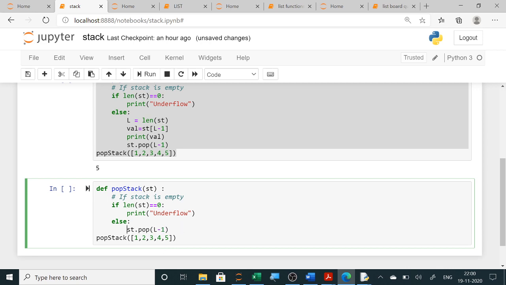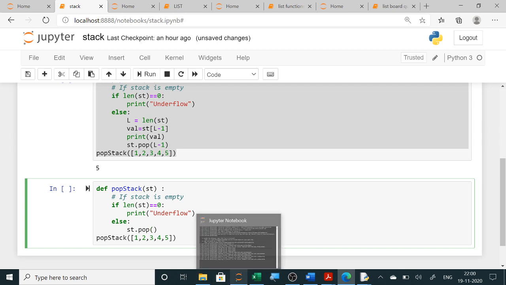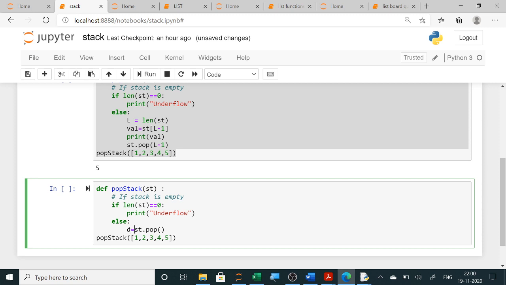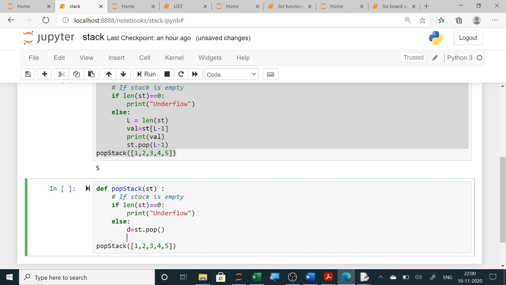without an argument. And if you want, you can store it in a variable and display which element is being popped. So I am using d equals, which element is being popped, that you can display here. The deleted element is, print d, since you have the element in d.